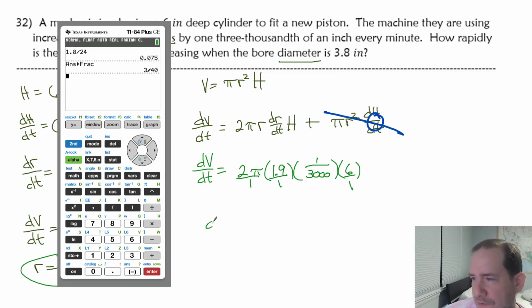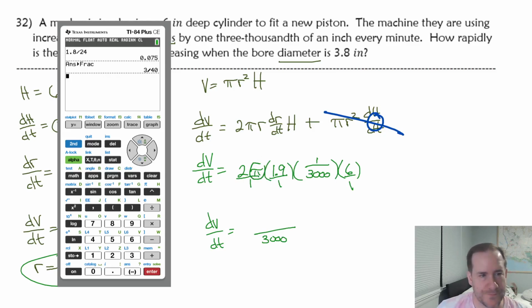So we know that whatever dV/dt is, it's going to be something that's over 3,000. And then in the numerator, just leave the pi out. Do everything but the pi. So it'll be 2 times 1.9 times 6. So that's 22.8